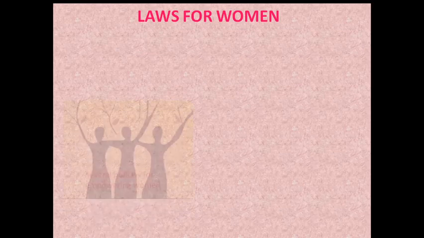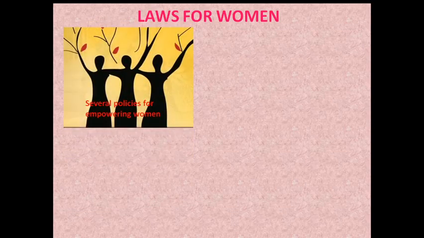Our next point is laws for women. Several policies have been adopted in the post-independence period for empowering women at the national and international level. Provisions were made in the Constitution to provide opportunities for the progress of women. Many laws were passed to empower them. They are: